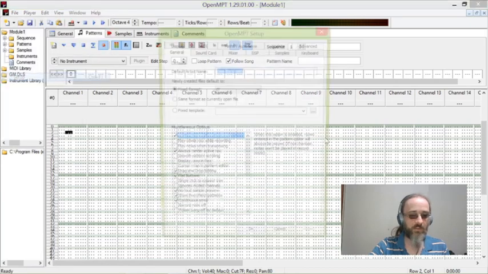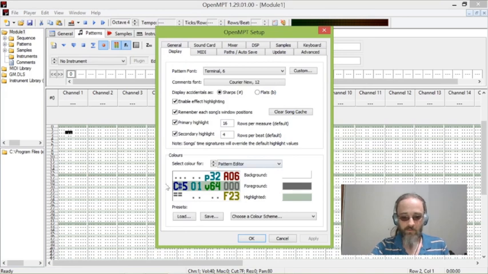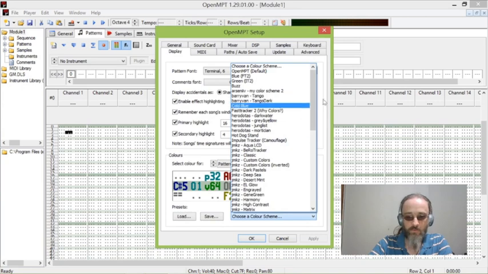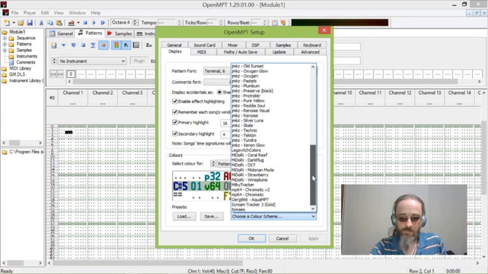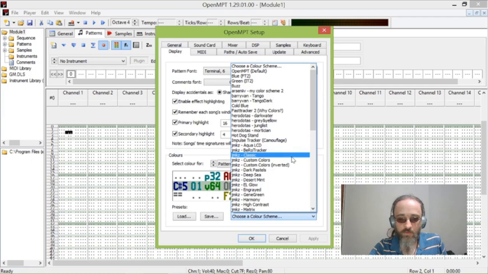Okay, so I'm going to go Setup. Then I'm going to go, let's see, where's it? Display. There it is. You see, here are the colors we've got set so far. And let me just save this one as basic white and green. Okay, right, that'll be on this list now somewhere, but I think I'll change it to, let's see,